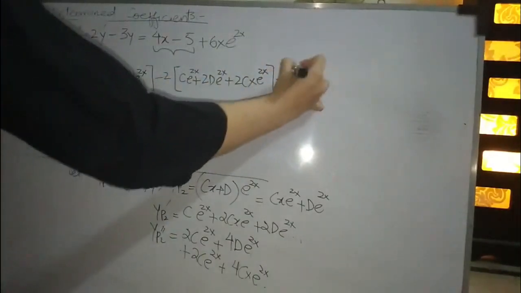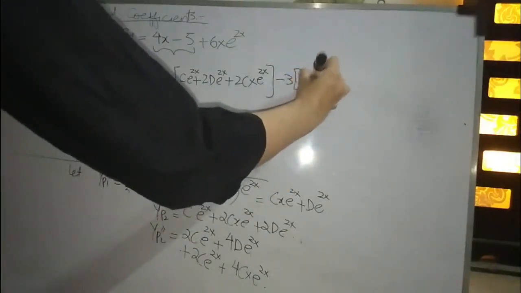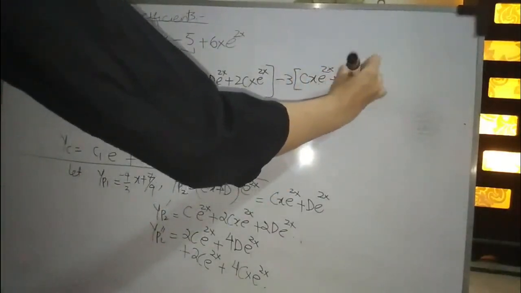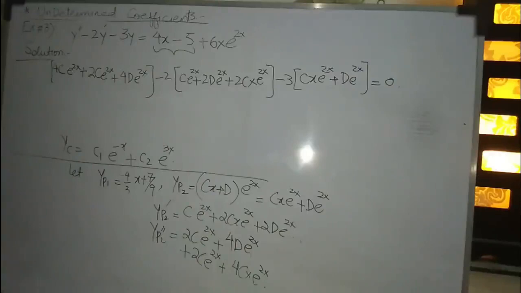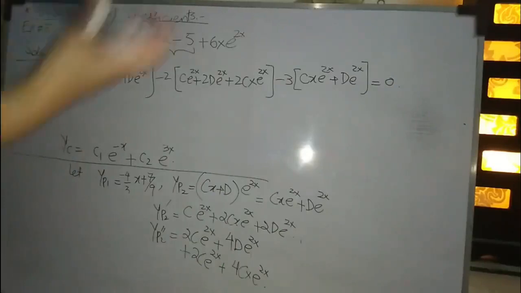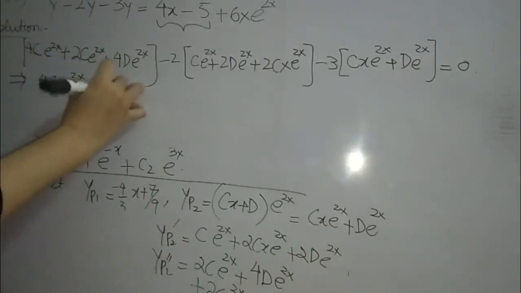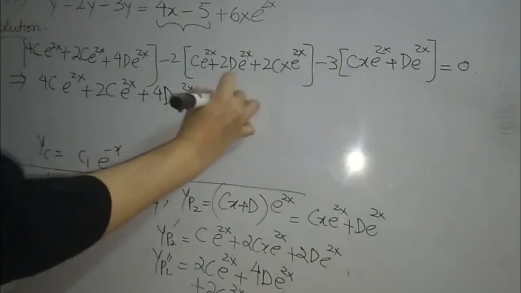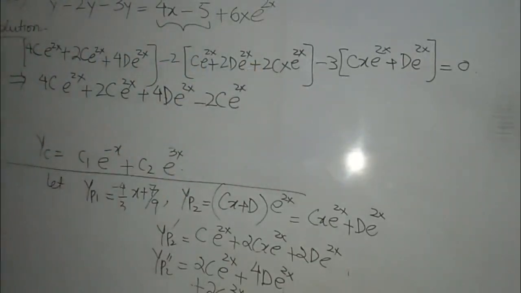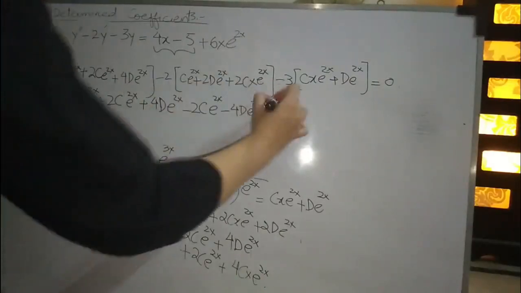y, minus 3 into yp2. That means yp2 is cx e to the power 2x plus dx e to the power 2x is equals to 0. Okay, solve it. 4c e to the power 2x plus 2c e to the power 2x plus 4d e to the power 2x minus 2c e to the power 2x minus 4d e to the power 2x minus